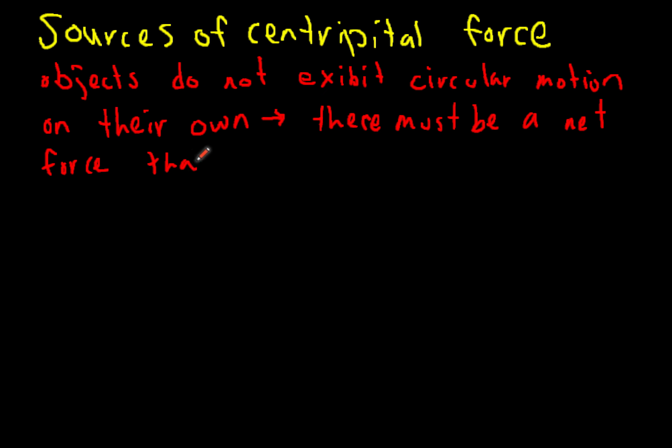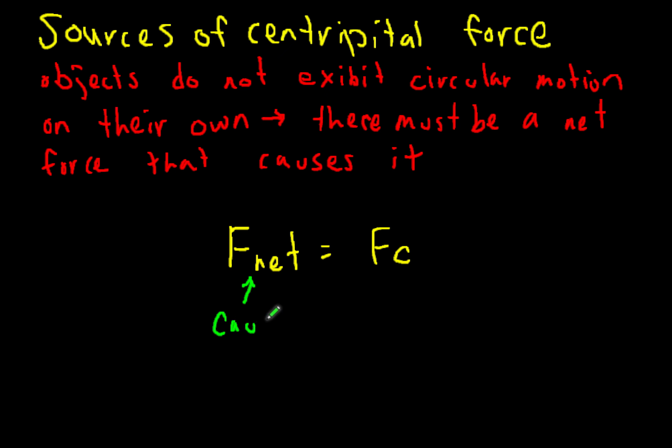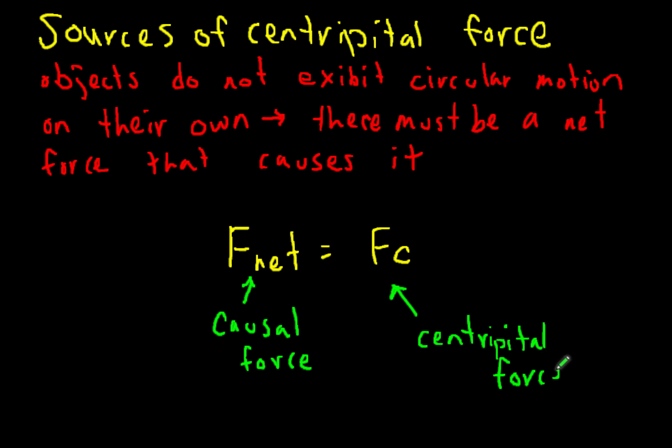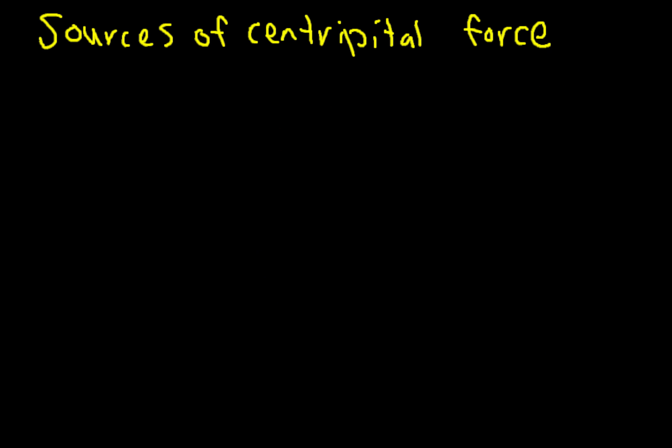There must be a net force that causes the circular motion in order for an object to change direction. So the net force on an object can cause the centripetal force. The centripetal force isn't a force itself, it's a force that happens as a result of a net force. For example,